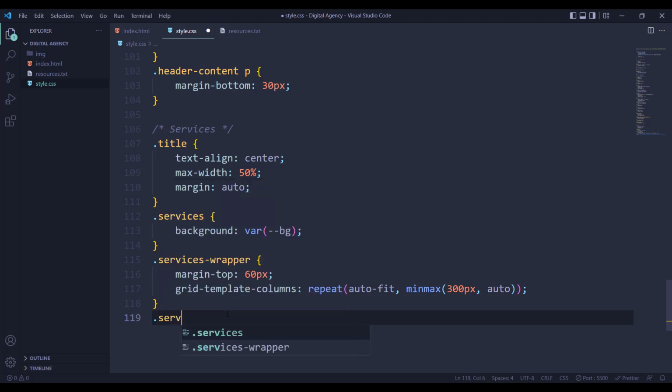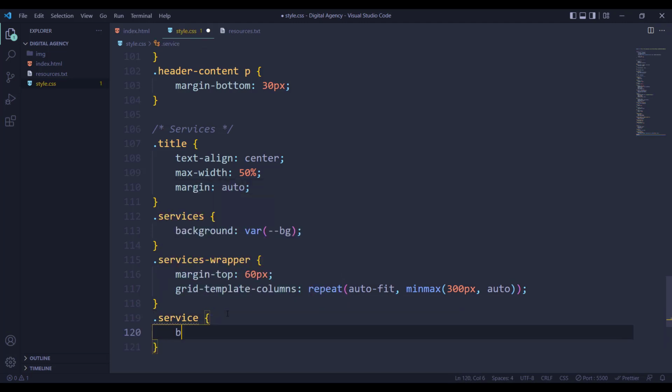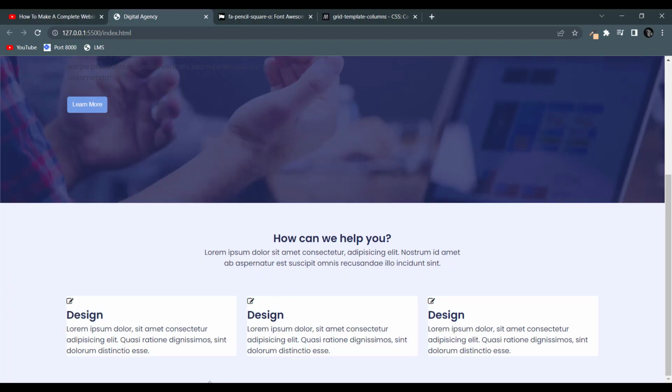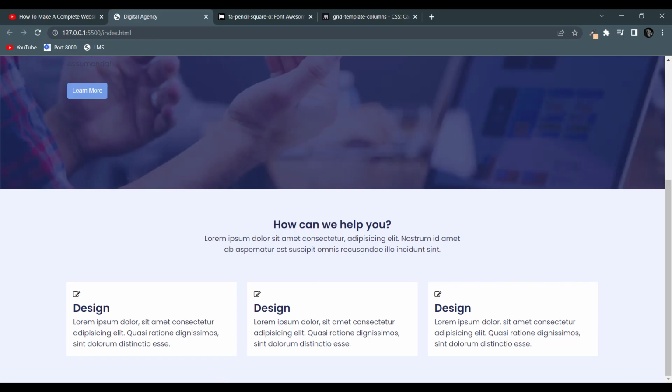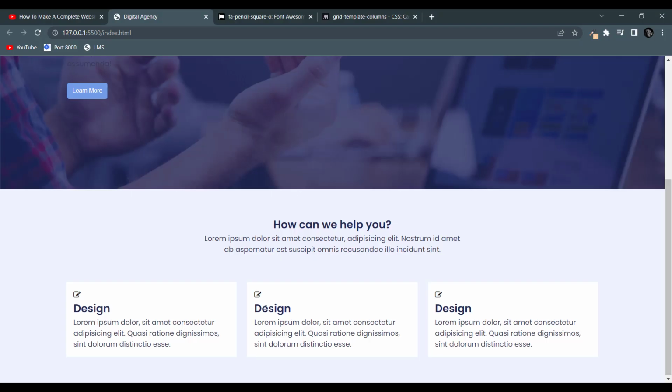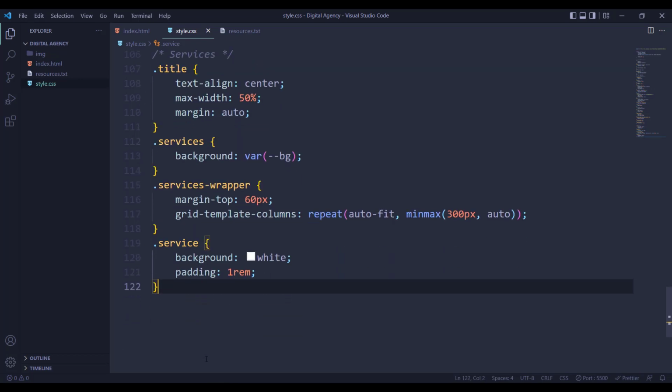and inside that we have each service. For those I will add a background color of white. You can see that white color there, and I will add a padding of 1 rem. You can see this beautiful padding, and